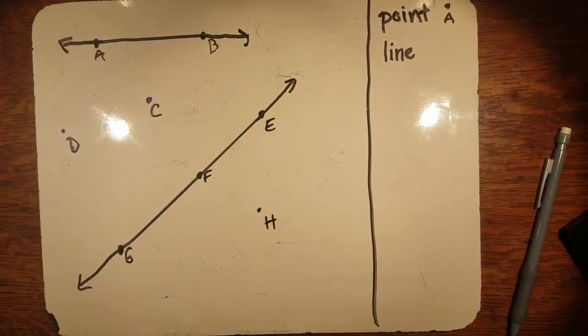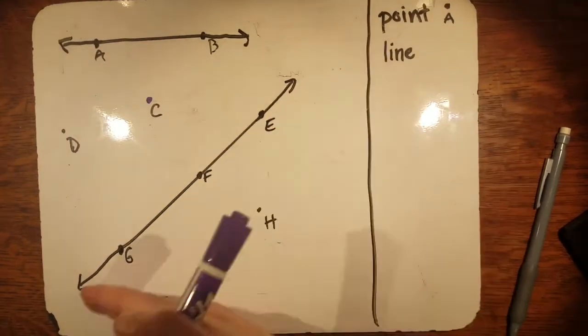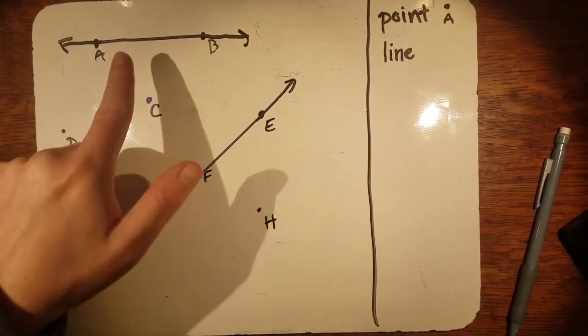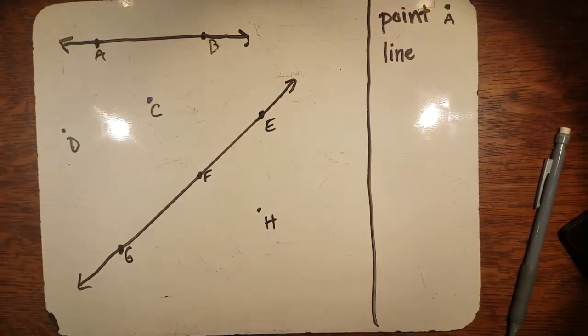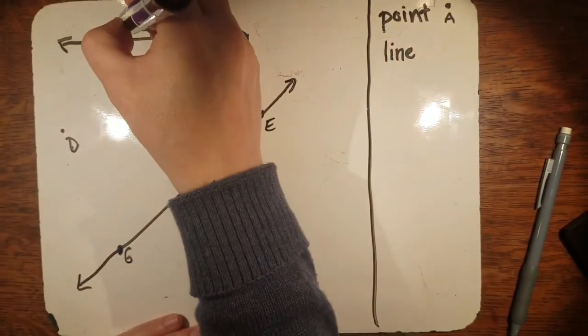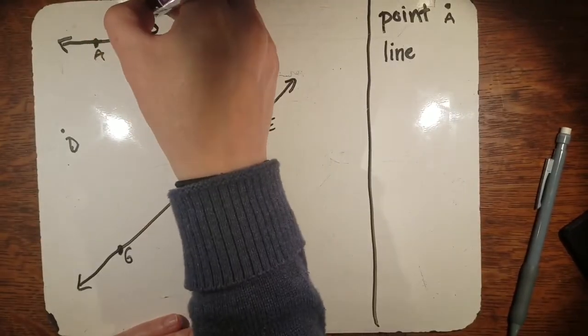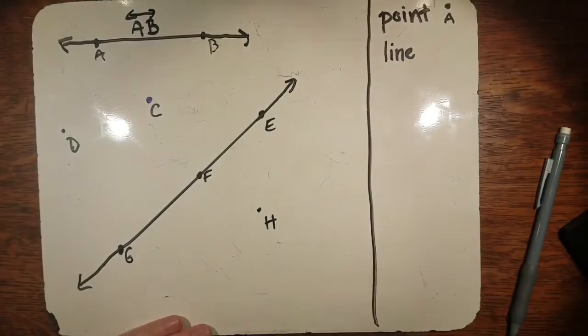So we can label these two lines, I drew two, with the points that are on that line. For example, if we have this line with these 2 points, we can label this line AB, and then we can put a line with arrows going on both sides